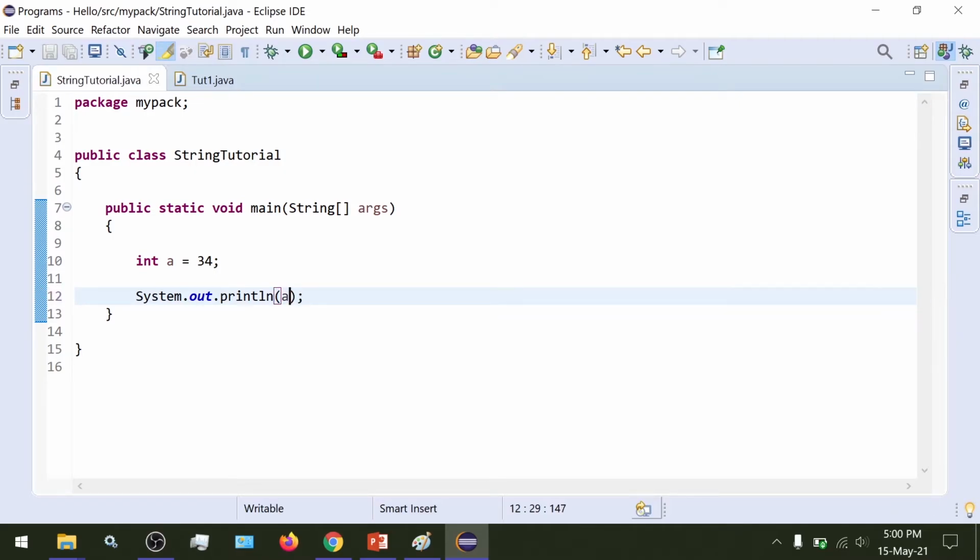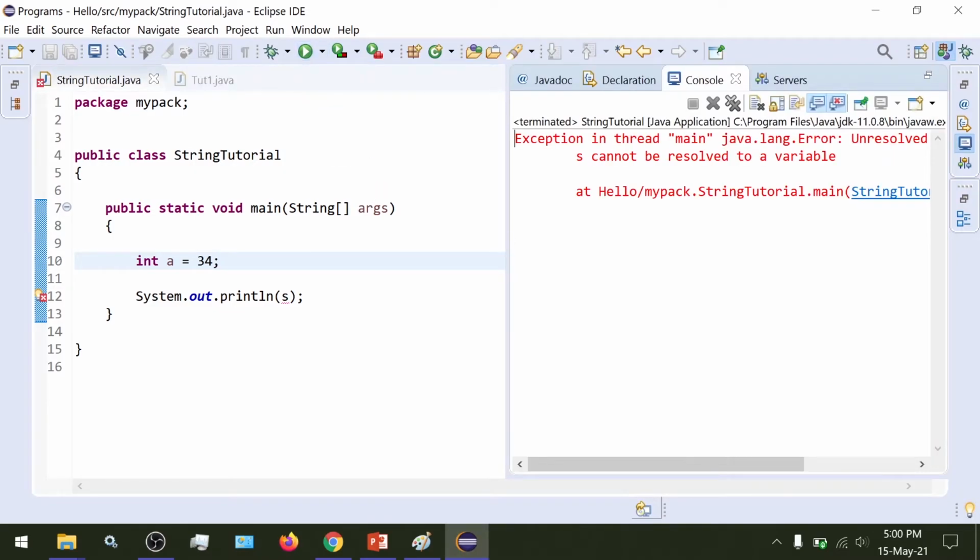It is a. Just note this point too, that if you are trying to access any data which is not defined, then we'll get an error. Just as you saw that I tried to access the variable s, which wasn't defined or declared anywhere in my program above. So when I tried to run this, I got an error.